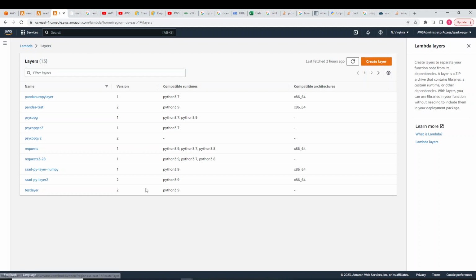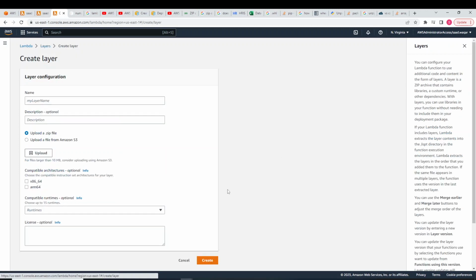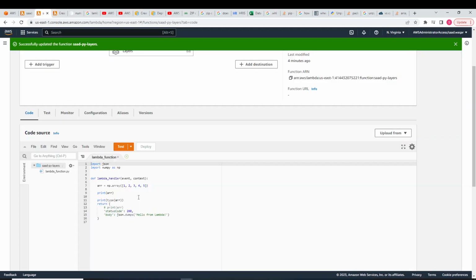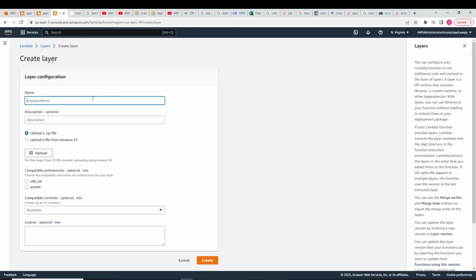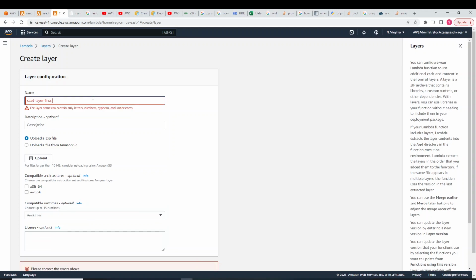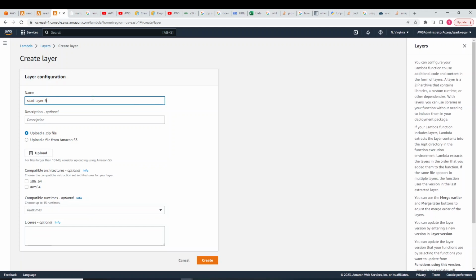Let's create a new layer. Even though I've created some old ones, let me create a new one just for this demo. I'm going to call this NumPy